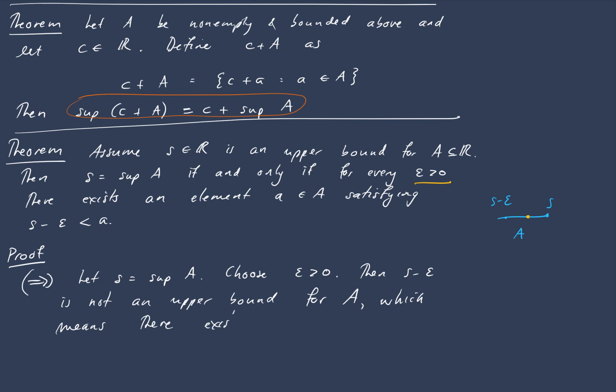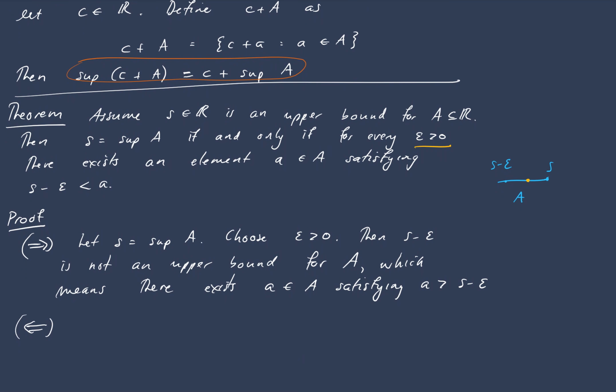There exists A in A satisfying A is greater than S minus epsilon. Okay, so I'm using the fact that because S is the supremum, anything smaller than it cannot be an upper bound, and by definition of upper bound, if something is not an upper bound, then there is some number in the set which is greater than it. Okay, so that proves one direction. The opposite direction,